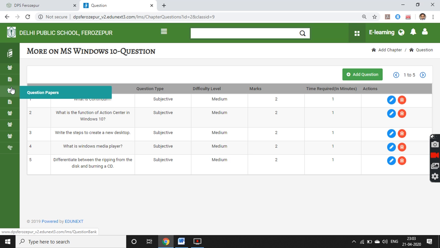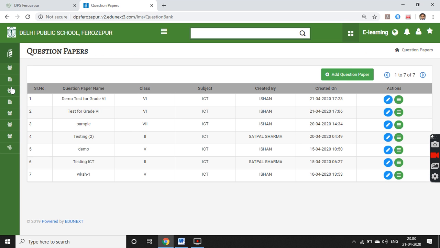Now click on the question paper tab. Add question paper.